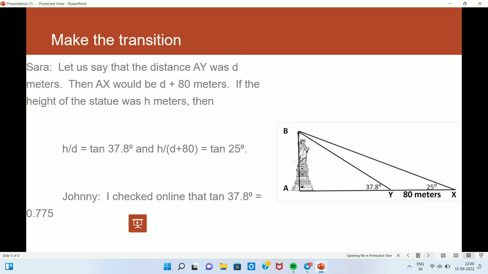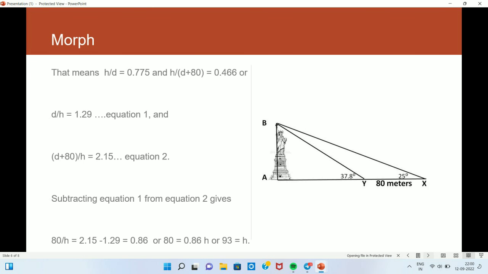Now we will move to the next topic, for discussing the same mathematical calculation. Sarah said, let us say that the distance AY was d meters, then AX would be d plus 80 meters. If the height of the statue was h meters, then h upon d is equal to tan 37.8 degrees and h upon d plus 80 was equal to tan 25. Johnny said, I checked online that tan 37.8 is equal to